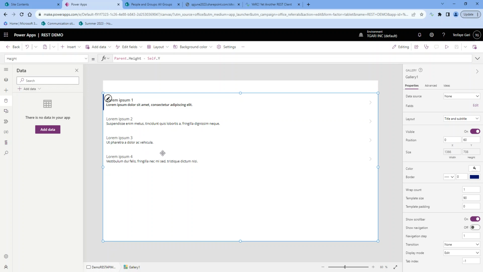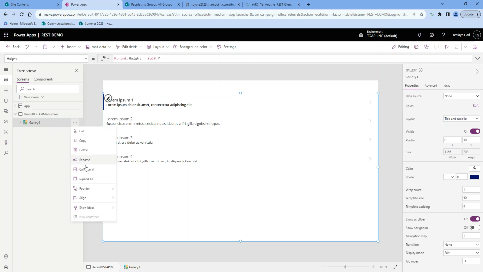And there is no mechanism to handle this. So the only way you could do this is, okay, we are going to bring SharePoint lists. Okay, so this is going to be gallery one. I'm going to rename it. I'm going to say